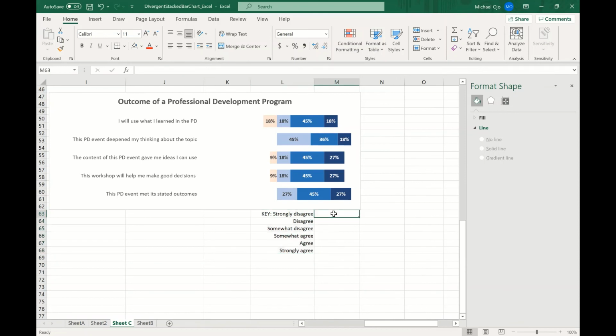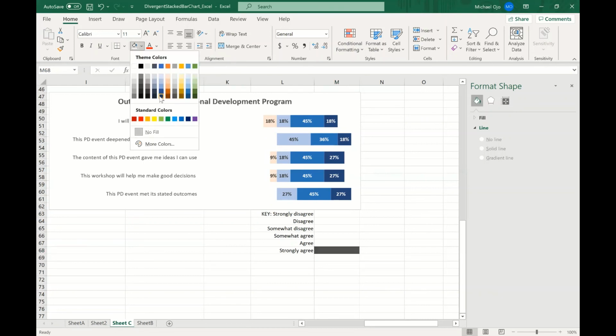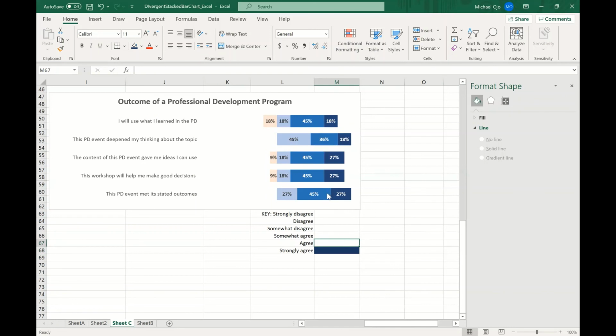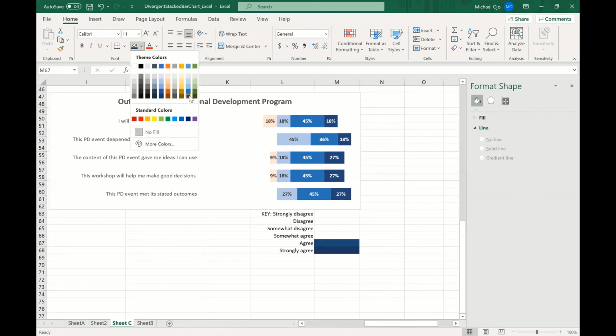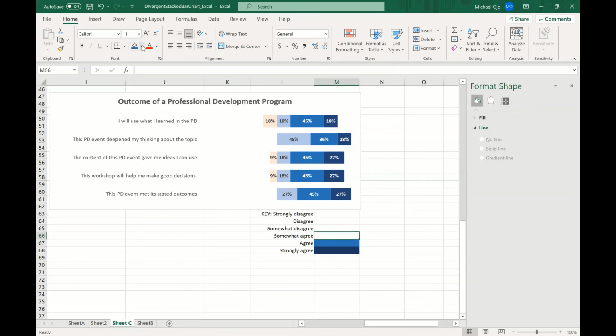So the next thing is I need to get a color match with what I have represented here. So I can start from the strongly agree. You can see this deep blue color. I just go to this bucket here and select that exact color. You see now? Then this agree, I also look for a color match of the blue, and I also get that selected. The same thing goes for the somewhat agree.